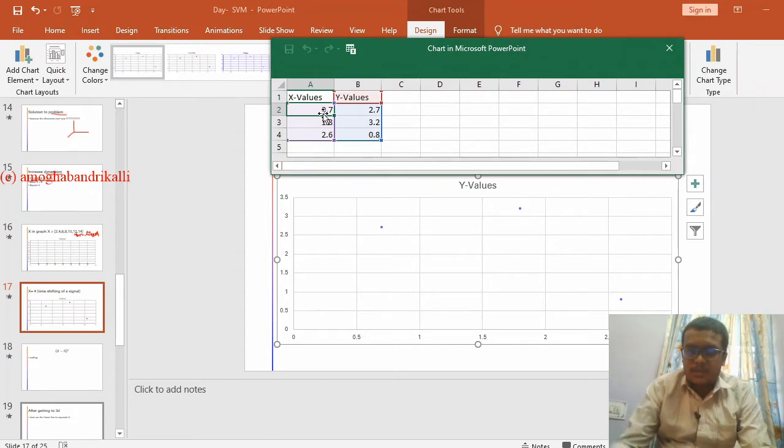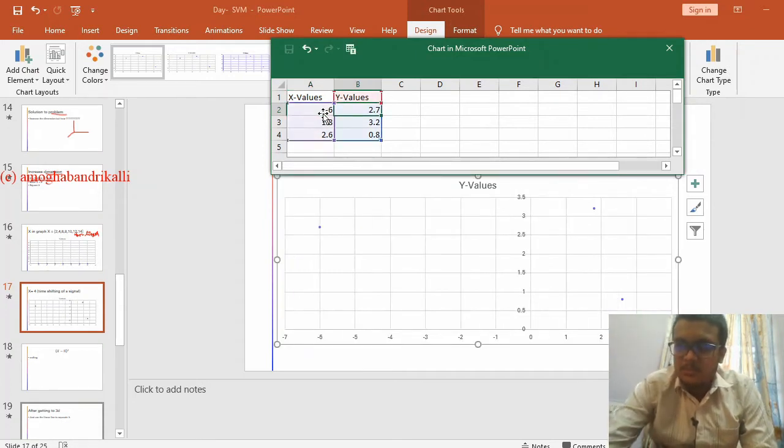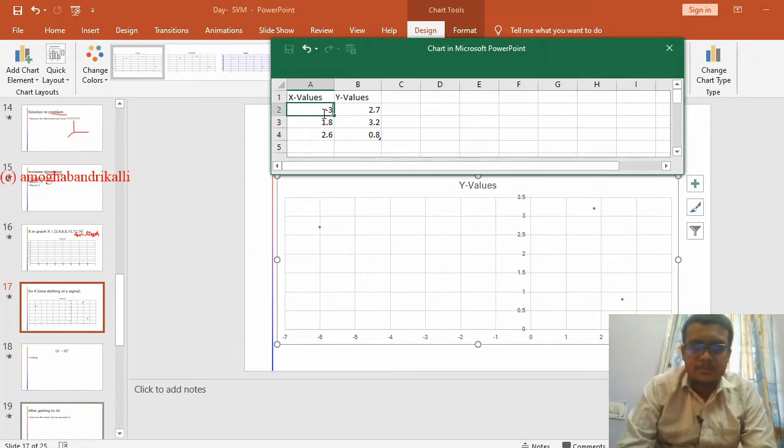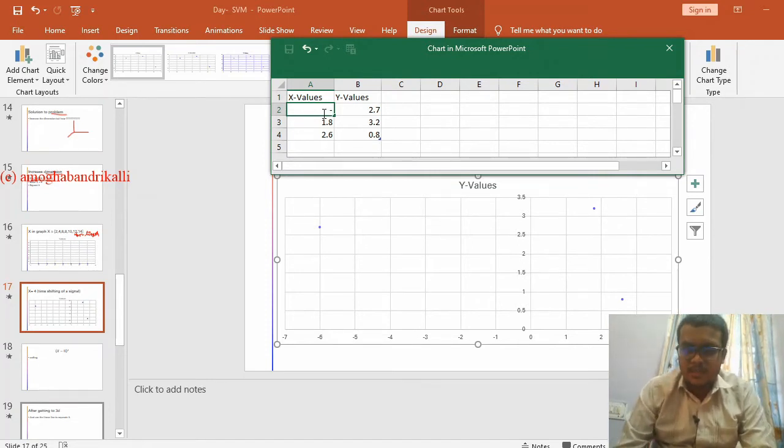X value is minus 6, that will be sitting in the position of minus 3.